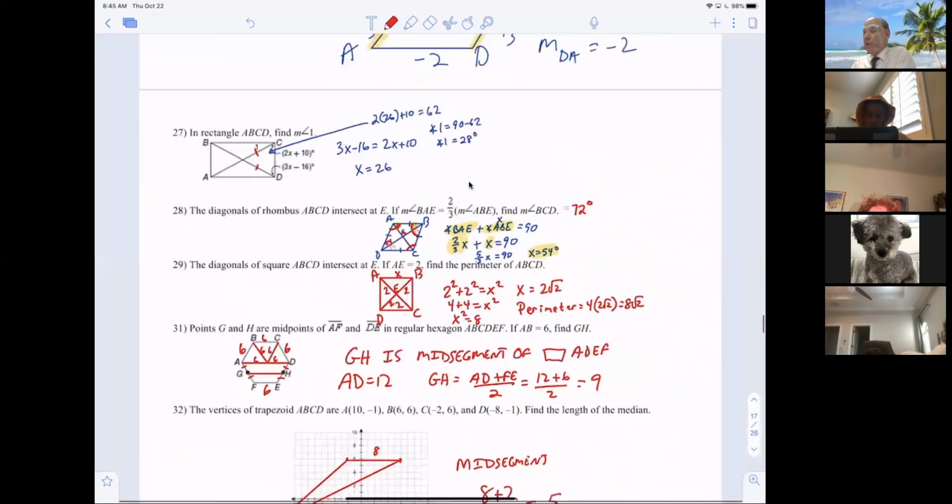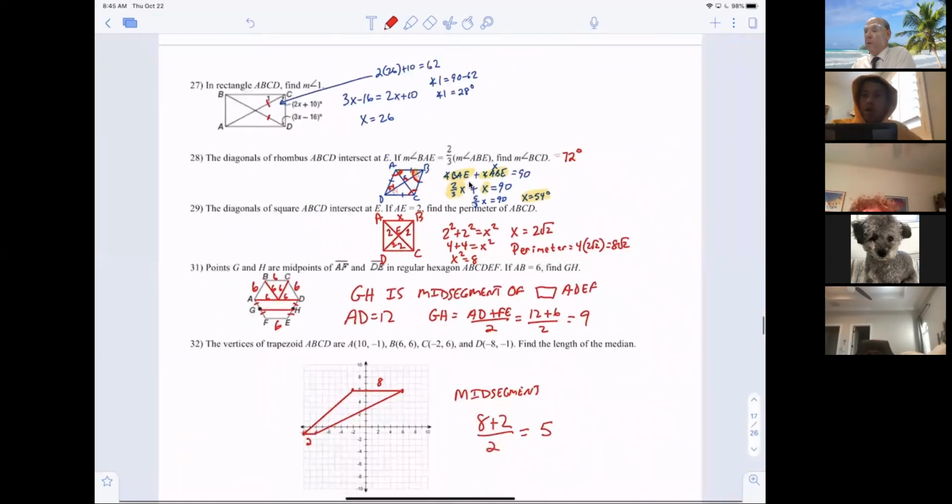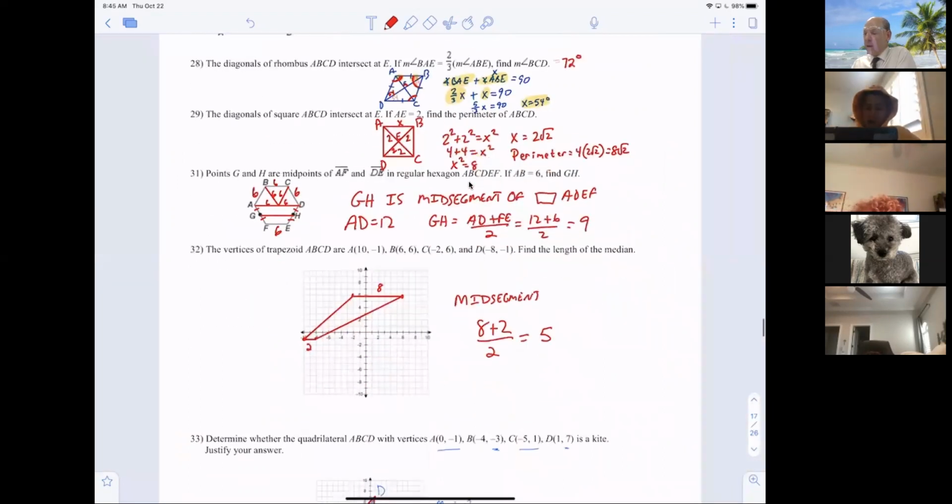All right, I like this page a lot, guys. Those of you guys who asked, good job. Anybody else? Number 32. What? Number 32. Okay, so